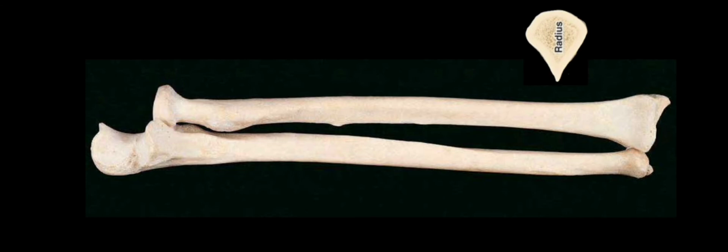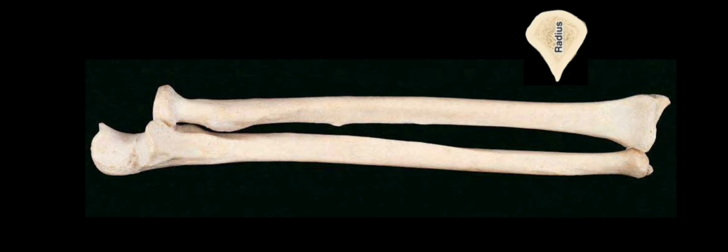And coming to the neck, it is a constricted part just below the head, and it is embraced by the annular ligament, and medially it gives attachment to the quadrate ligament. And the tuberosity, the radial tuberosity, gives insertion to the biceps tendon in its posterior rough part, and it is related to a synovial bursa in the anterior smooth part which separates it from the biceps tendon.